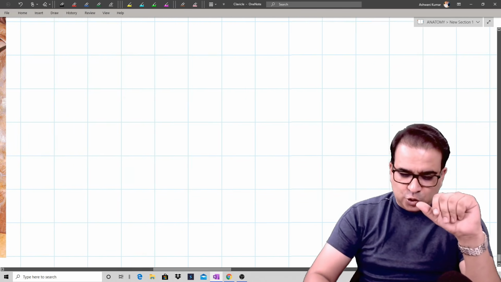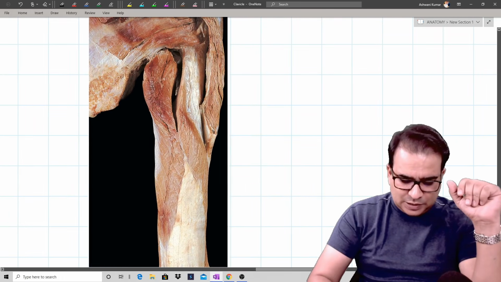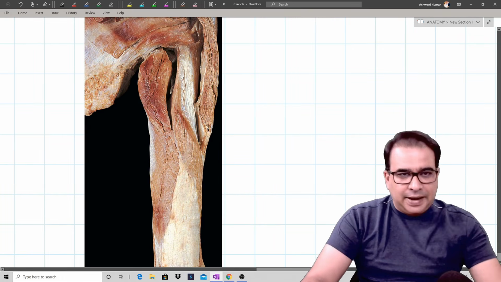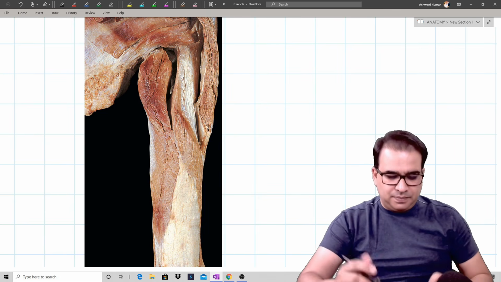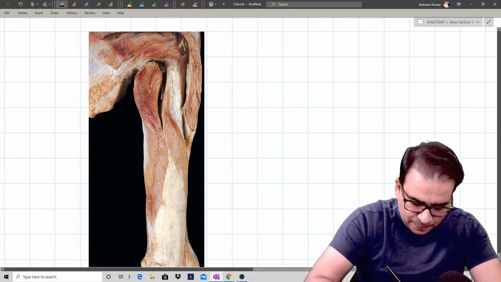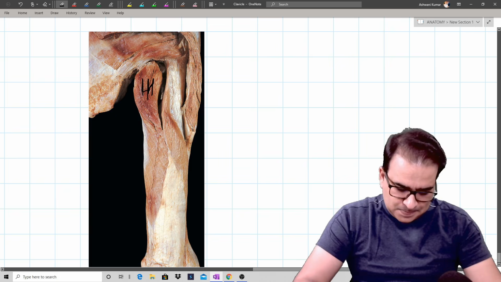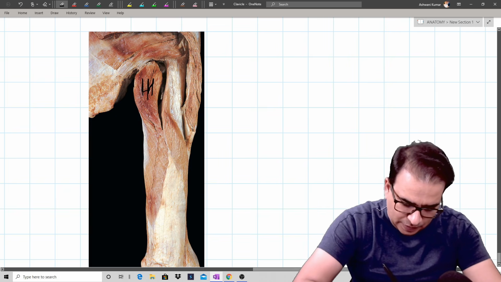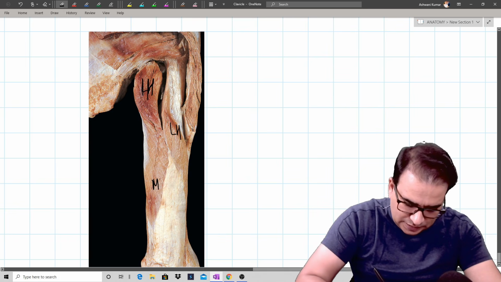Finally, let me just show you these two more pictures here to wrap up the session for the day. If you see from the posterior side, guys, look at this muscle. That's a triceps muscle, right? Now, see what they've done in this picture is they've actually dissected it. They've actually opened it up. This here is the long head, coming from above. The one originating from this upper part here will be the lateral head. This will be the lateral head here. And the medial head will be seen in this region.